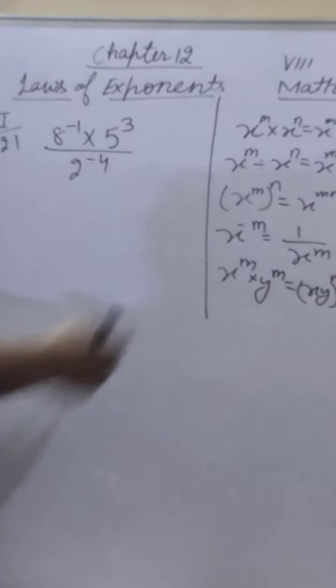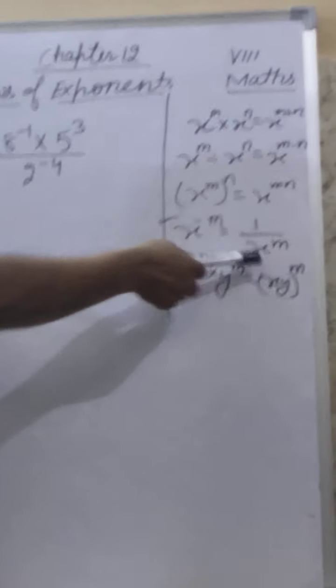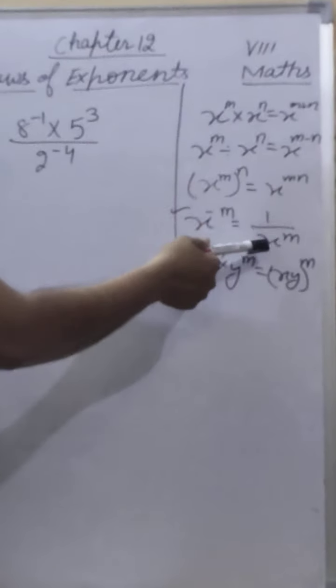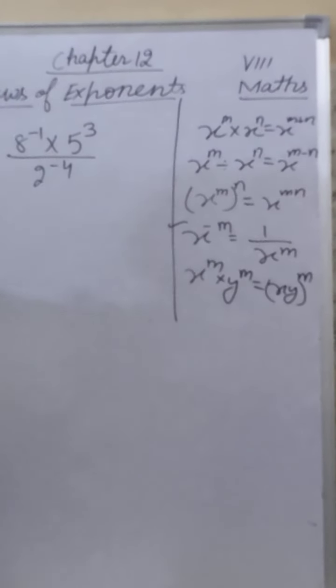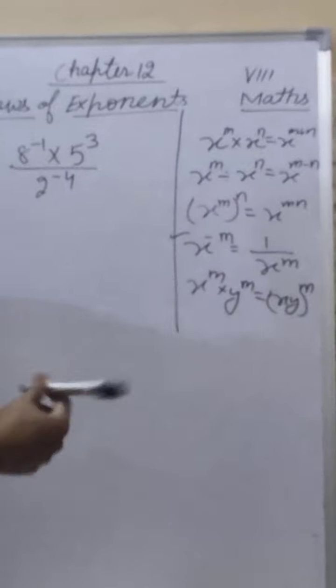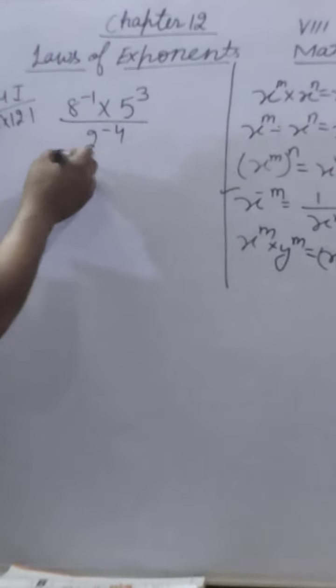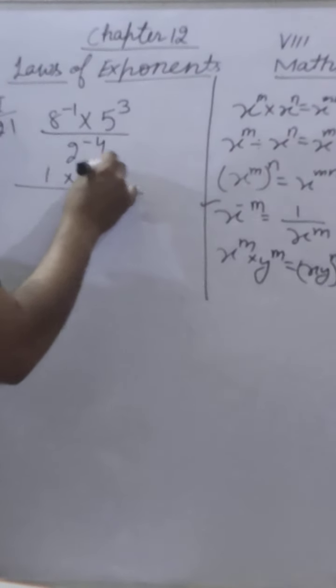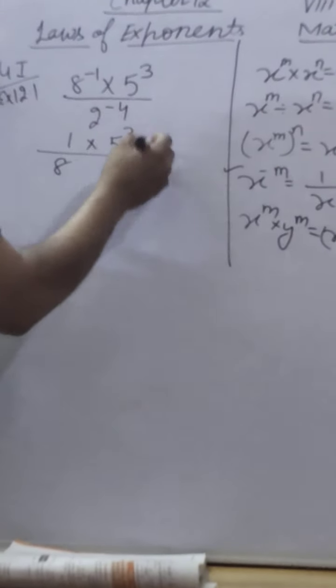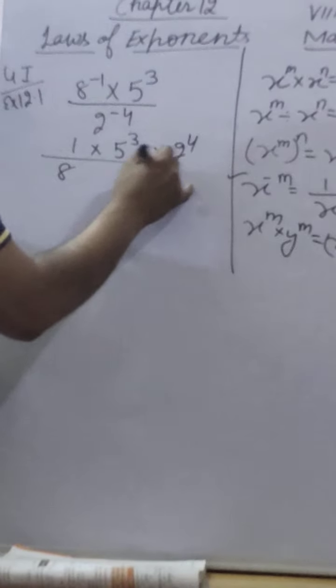So now you apply the laws of exponents. 8 power minus 1, you apply this one. If the power is minus, you will take 1 upon, and the power will be positive. Understand? You take it downside if the power is positive; take it upside, it will be minus. So now 8 power minus 1, apply this identity. Then you can write here 1 upon 8, and this power will go upside, it will be positive.